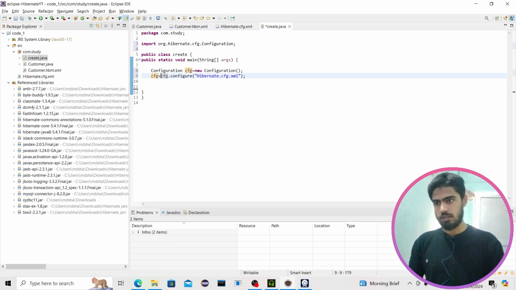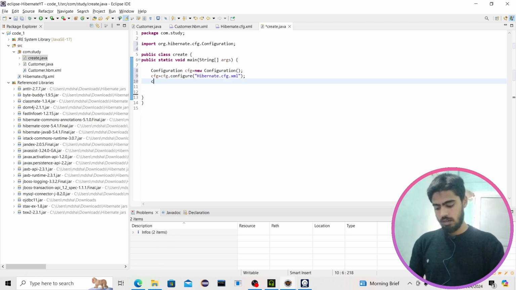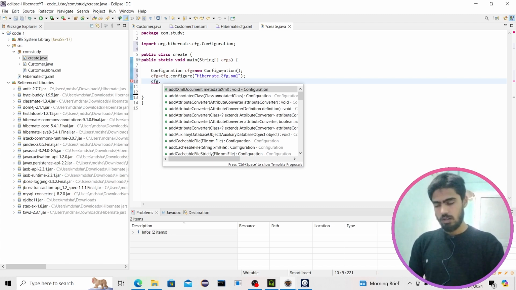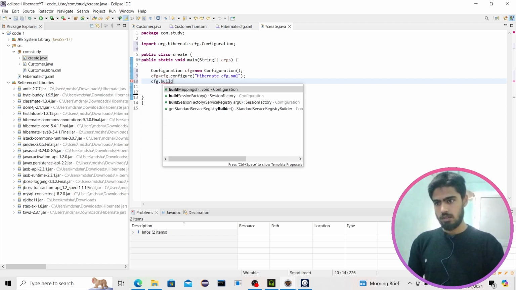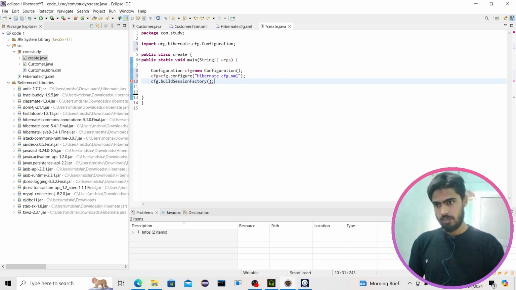Save this inside Configuration again. Let cfg dot, I will explain this, let me write it first. Build session factory, and here we have